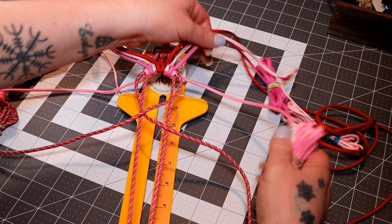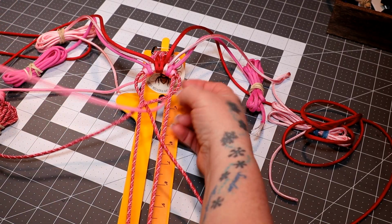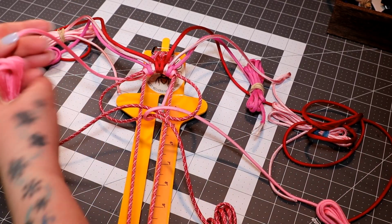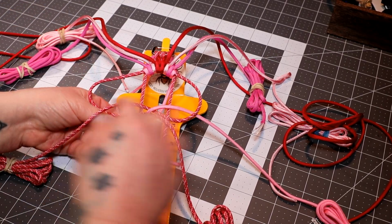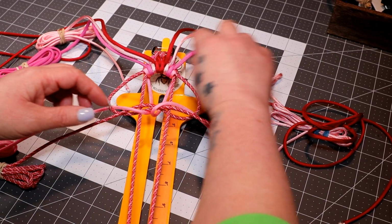Take your rose pink on your right, you're going to go underneath your work, right up the middle, and then down that loop. Take the one on the left, go underneath, right up the middle, down that loop. Now you're going to take your